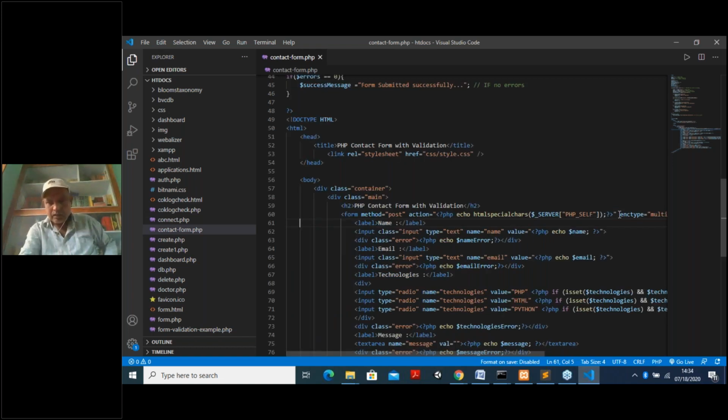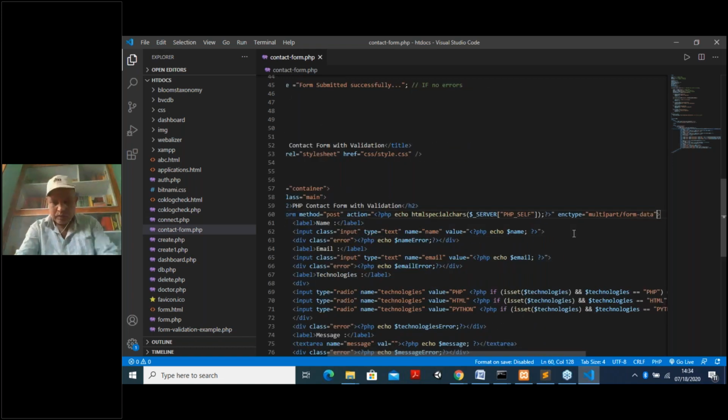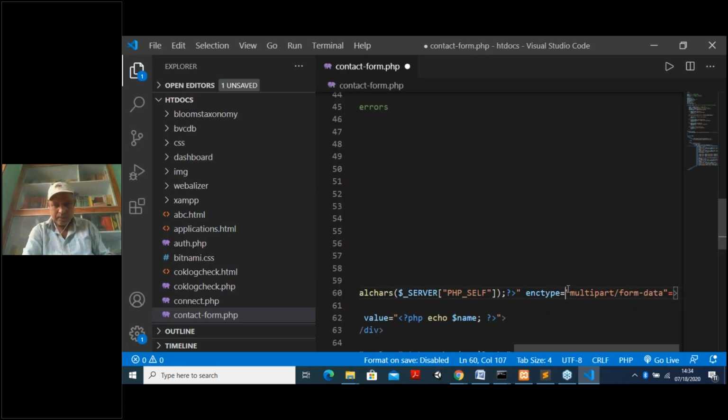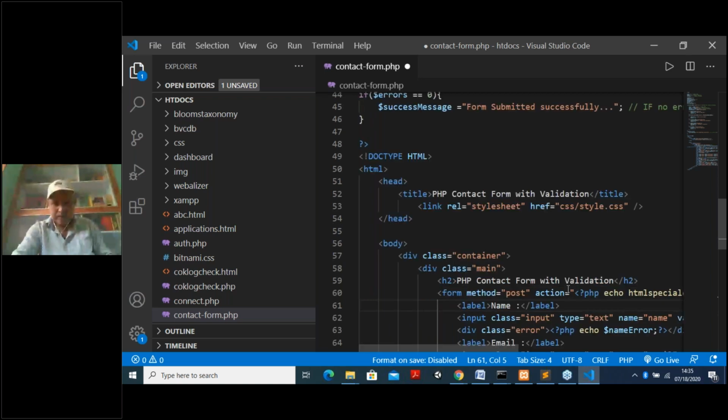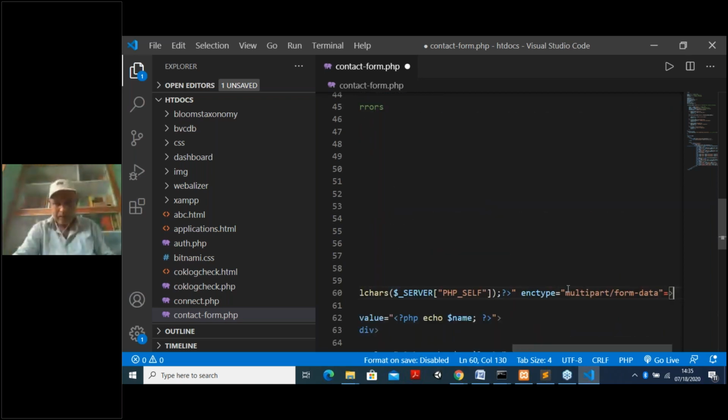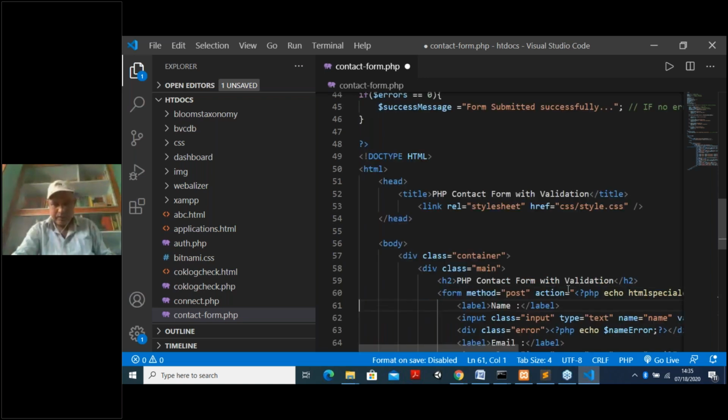Are you able to see, or I will increase the font size, control plus plus plus. Now I think you are able to see multipart form data.